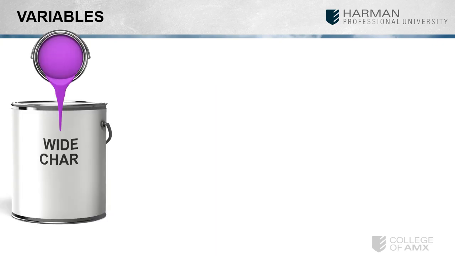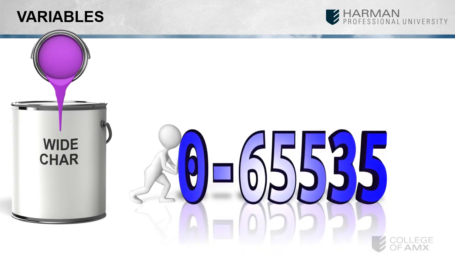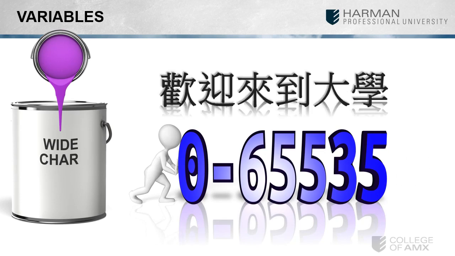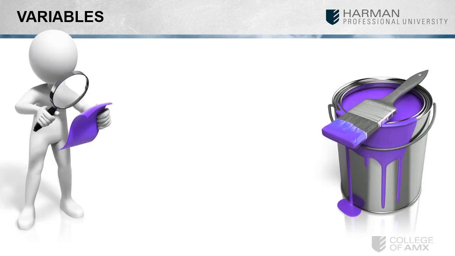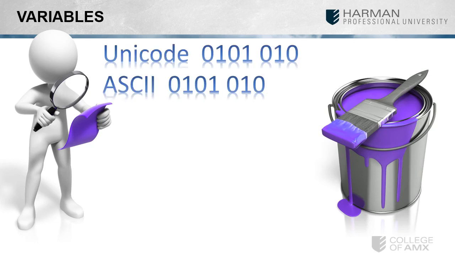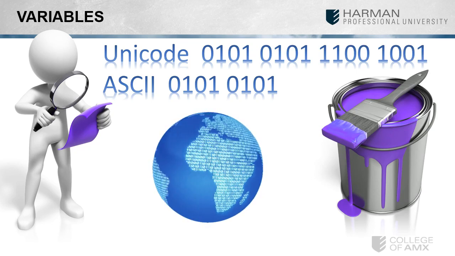Wide char. This is used to store double-byte or 16-bit unsigned values in character strings. The range of these values is 0 to 65,535. This is the data type you would choose to hold Unicode characters. If the characters that you want to represent are not available in the ASCII chart, you can use Unicode. Unicode characters are mapped onto 2 bytes instead of ASCII's single byte, so you would use the wide char definition